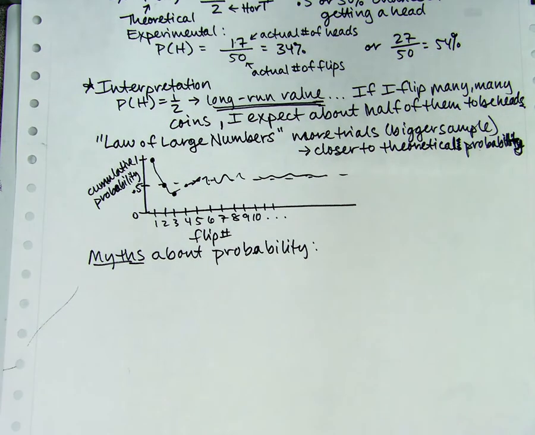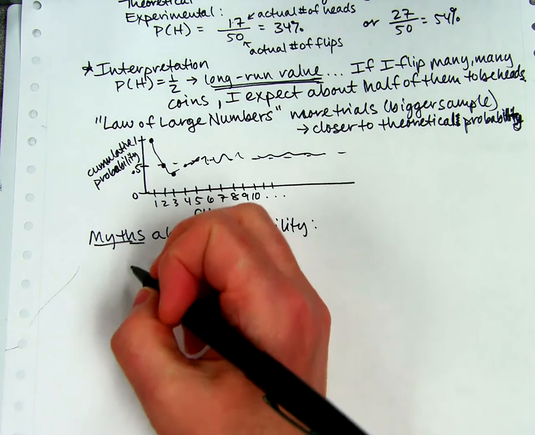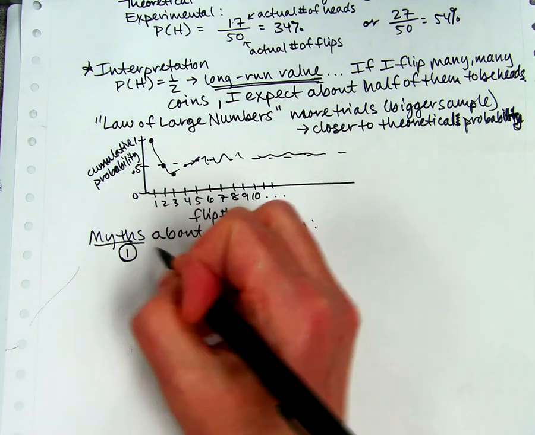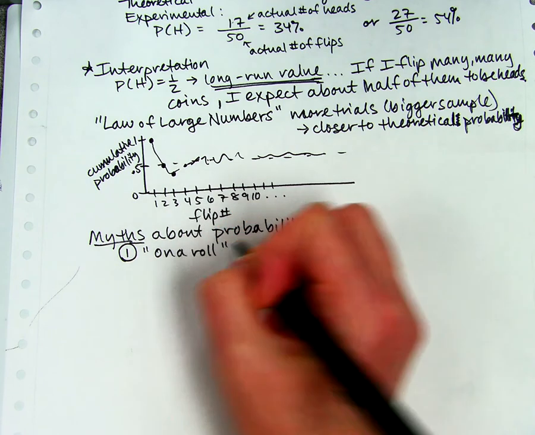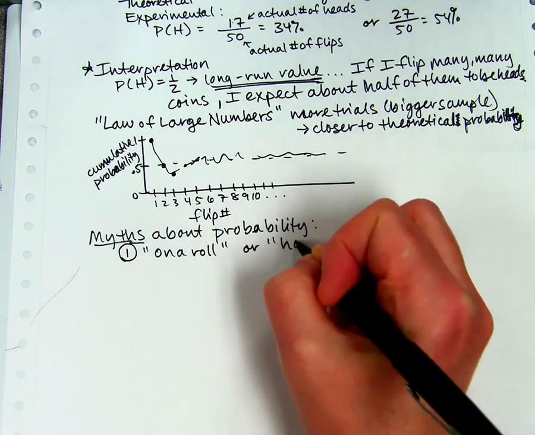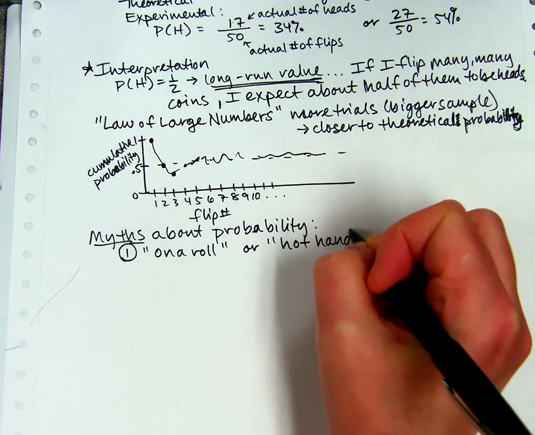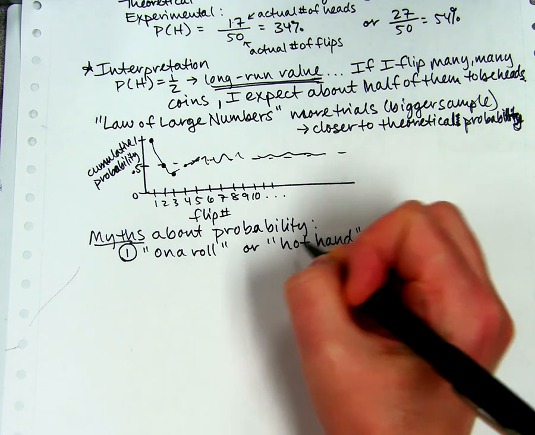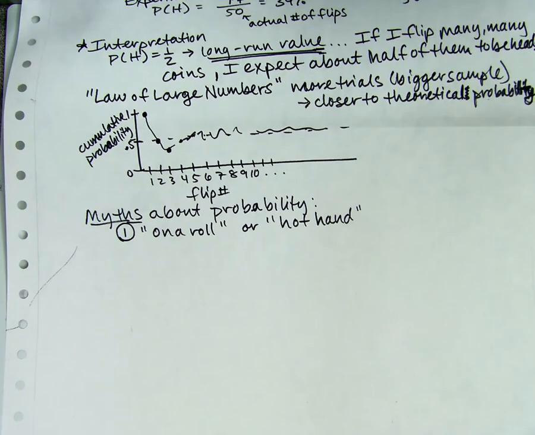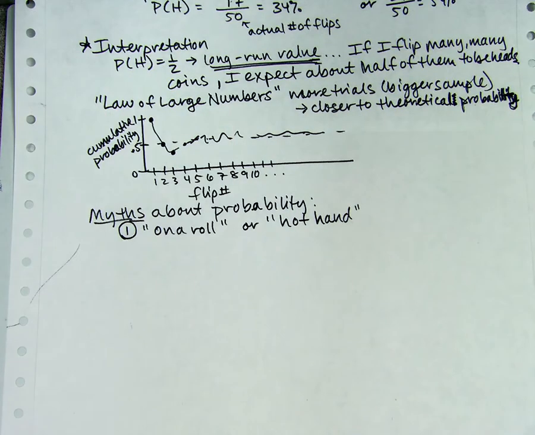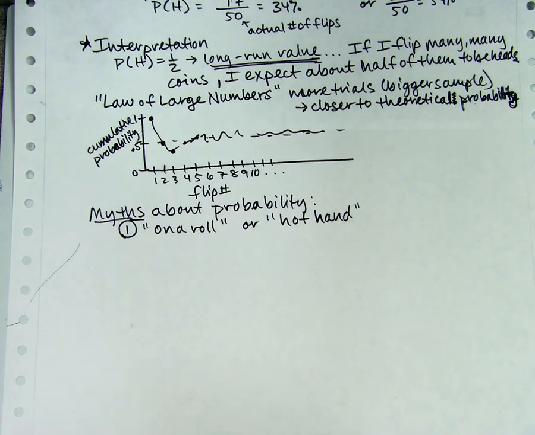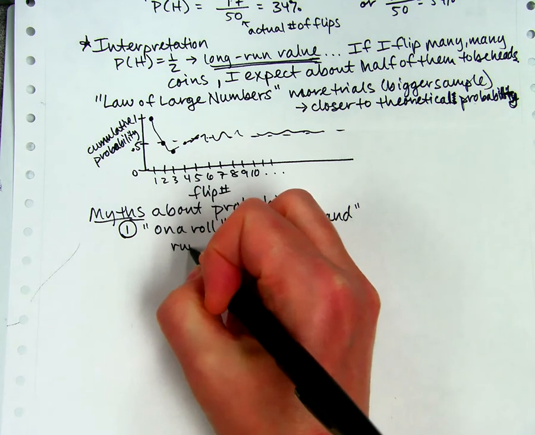There are 2 myths that are common out there that people actually believe. And the first one is called, I'm on a roll, or sometimes it's called the hot hand theory. This happens mostly with people playing games that have a lot of chance in them. So if you have a game where rolling a 6, for instance, on your die is really good, and you happen to roll a bunch of 6s in a row and get some kind of a run or streak of 6s,